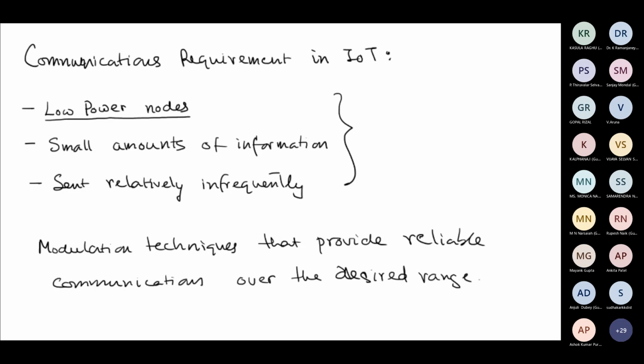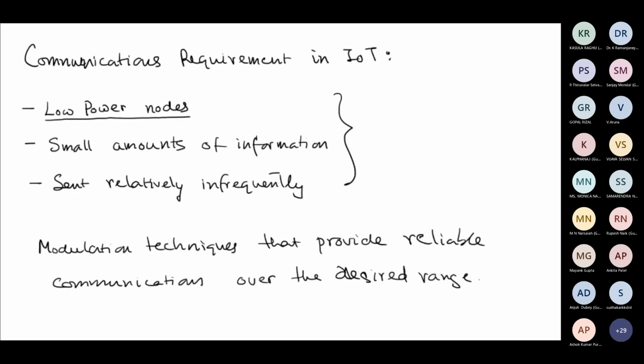By desired range, what I mean is that depending on the application, we might want different transmission ranges. For example, if it is an industrial IoT application where we are trying to measure certain industry parameters such as conveyor belt rotation, fluid transmission, air pressure, etc., over a factory floor, then my desired range might be a few meters or